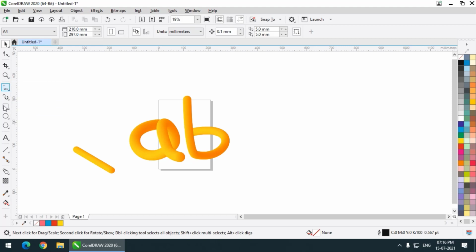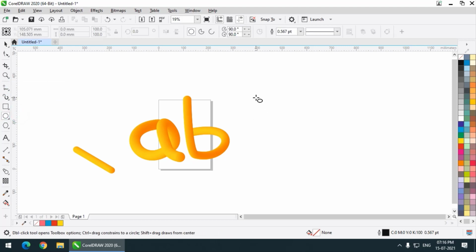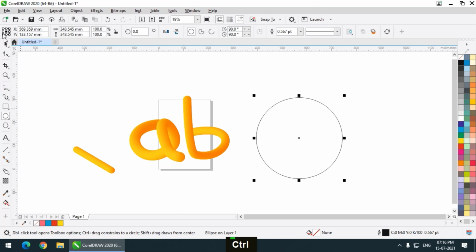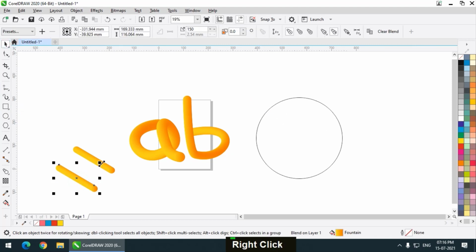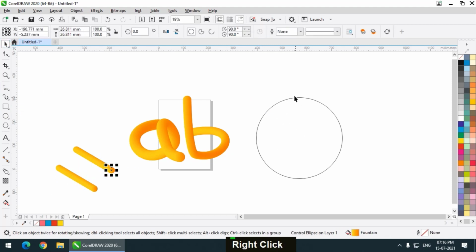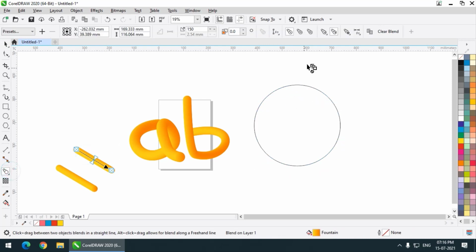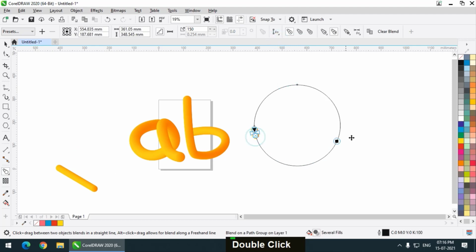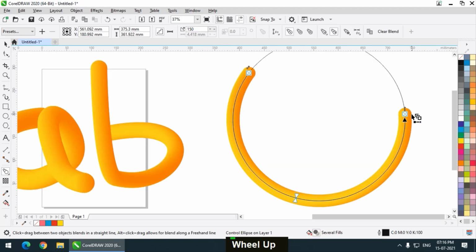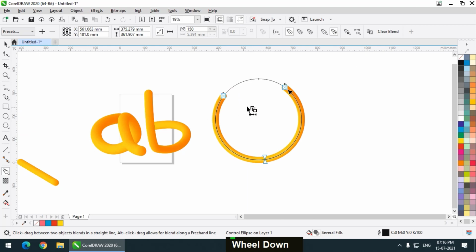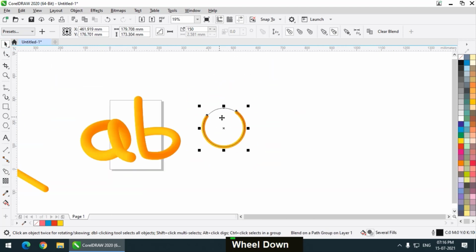You can simply do this. You can also apply it on a ready-made shape like this. So this is how it will look.